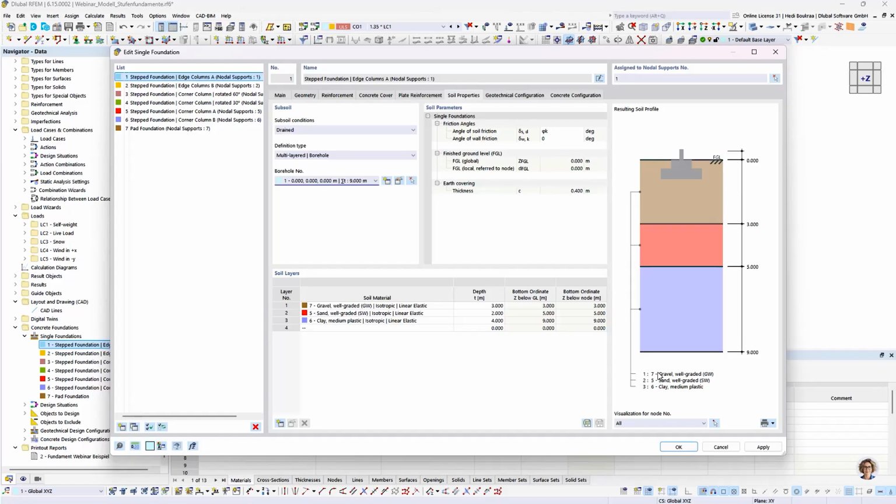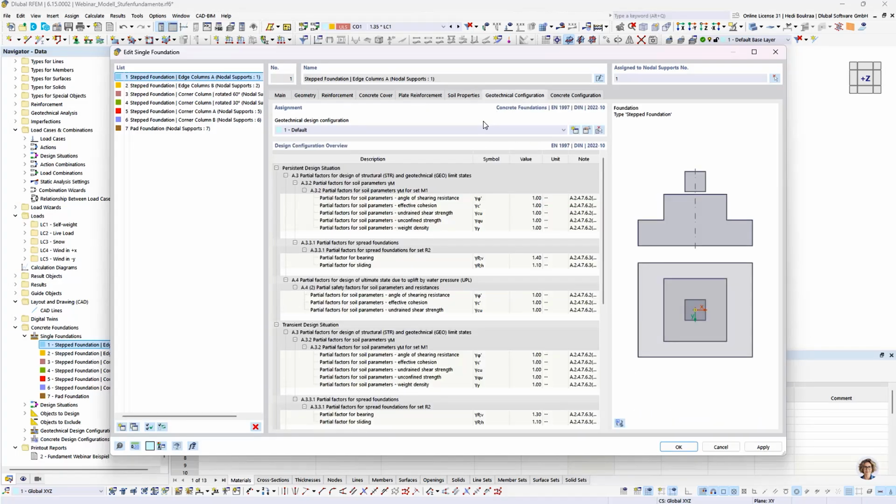Next, we look at the design configuration for the geotechnical and concrete checks. We start with the geotechnical configuration. This tab defines which geotechnical checks are performed for this foundation and which settings are used. And here, using the geotechnical design configuration field, a configuration is assigned to the foundation. In this case, configuration 1 is selected,